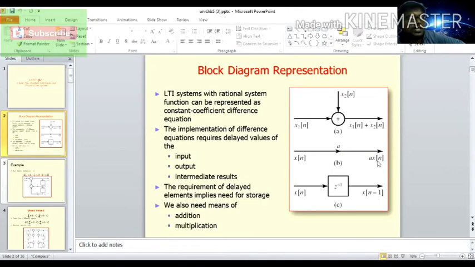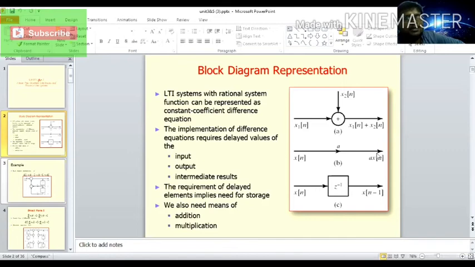The next block is the delay element block. You put a square bracket and inside it Z inverse. Now you apply the input signal x of n to this Z inverse block, and the output becomes the delayed input sequence, that is, x of n becomes x of n minus 1. If you put 2 here, it means x of n minus 2. If I put 3, it becomes x of n minus 3. If I put 1, it means one time delay. That is what we call the unit delay element.